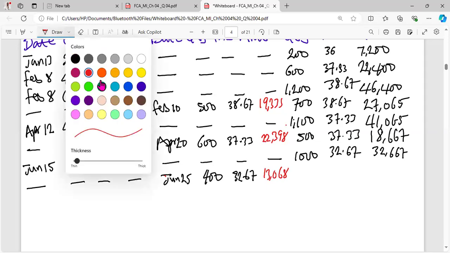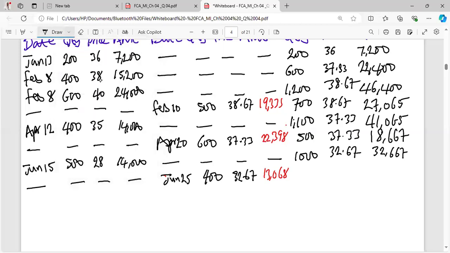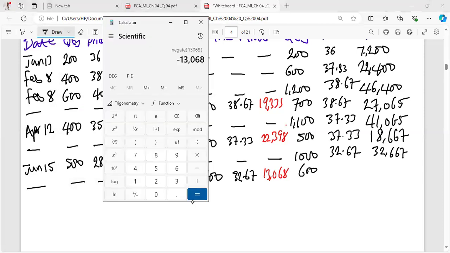When that is done, here will remain 600. When we remove this 13,068 from 32,667,